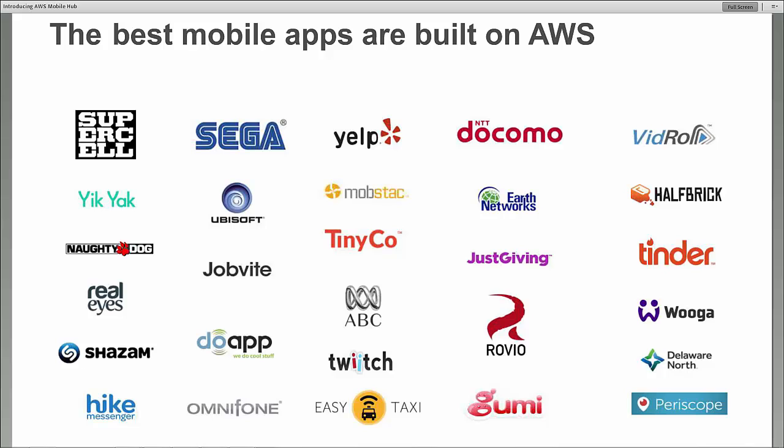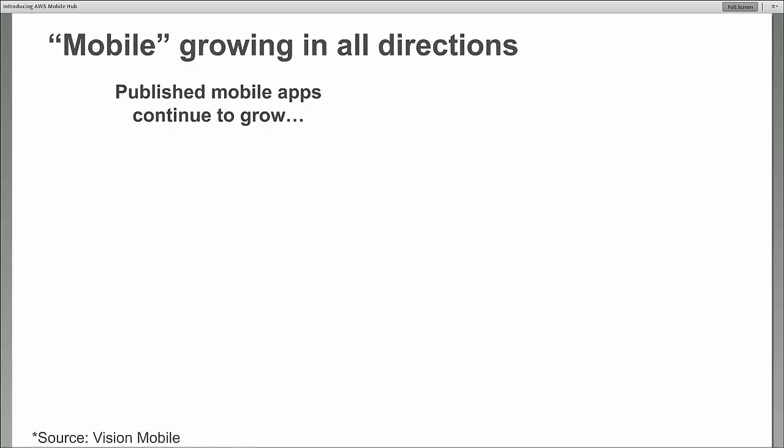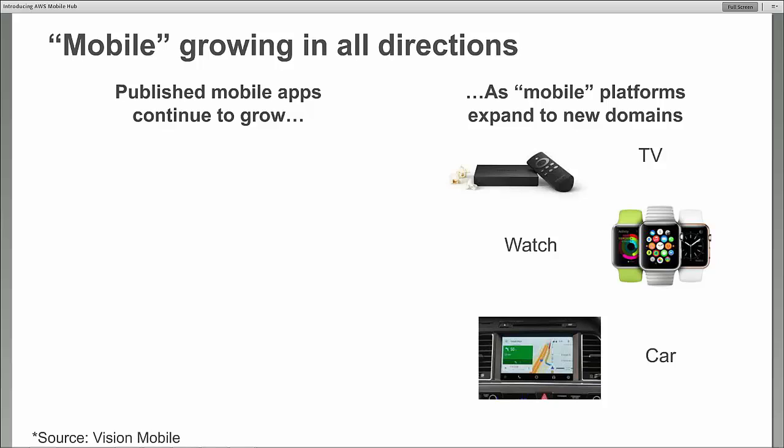So the engagement with our customers has given us a lot of information about what is necessary in the mobile services and what we should be doing and where we should be going. And one of the things that we heard from this engagement is that mobile isn't defined by just, first of all, a mobile phone. As we have used mobile applications for many years, we initially think of mobile on a phone, but we have many different profiles now that are considered mobile.